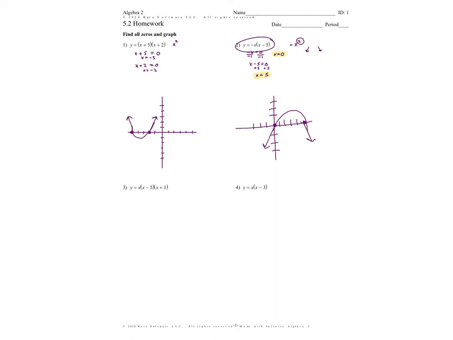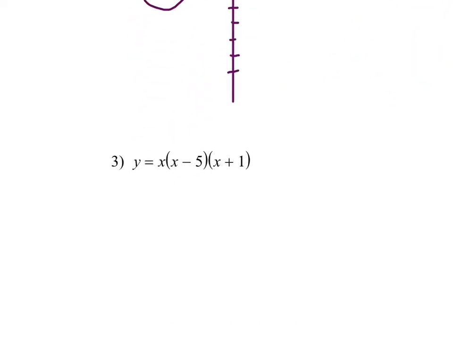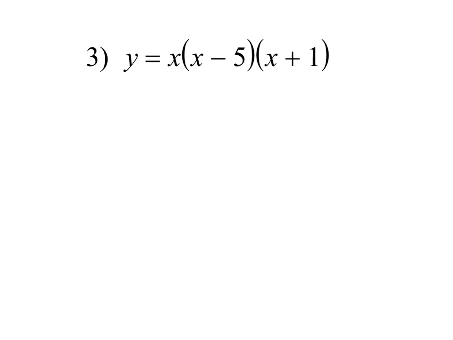So let's take a look at number 3. What's the first thing we need to do here? You need to put it to 0. Yeah, you make it equal to 0. What do we make equal to 0? x equals 0. x minus